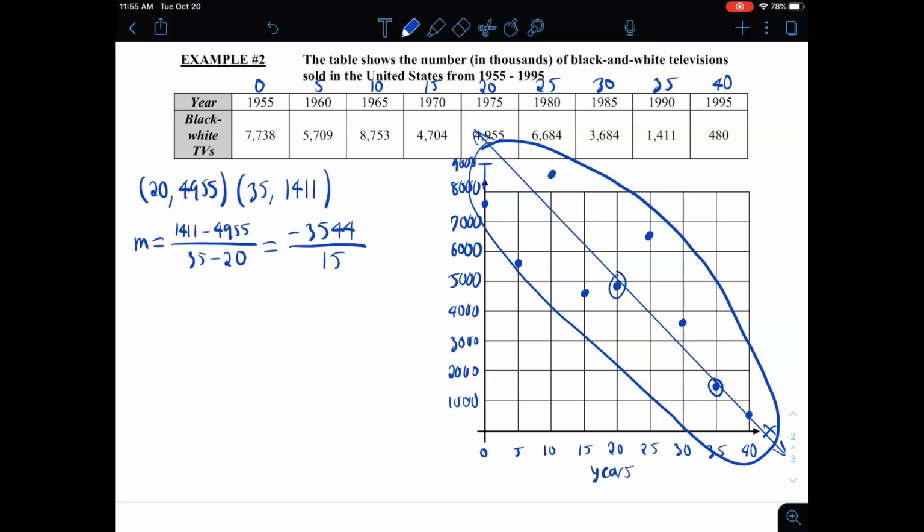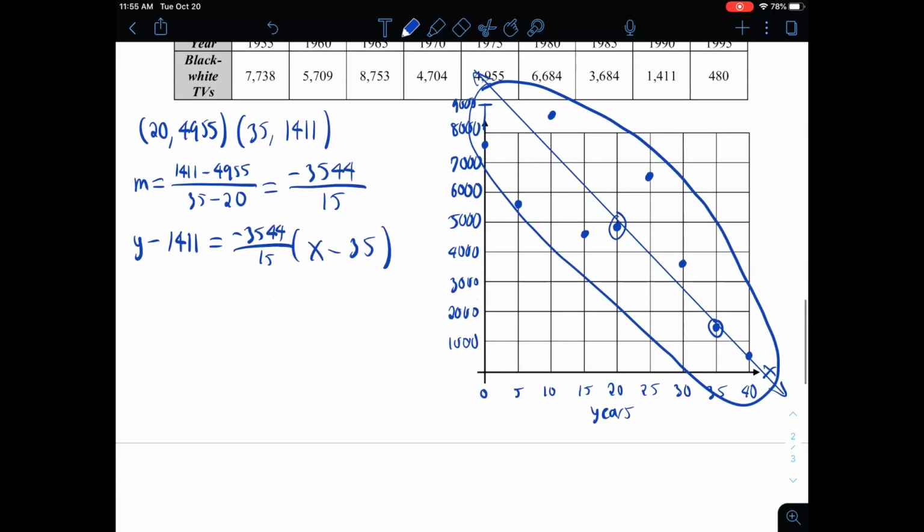Okay, now we're going to plug into the point-slope form. So we've got y minus y1, so 1411. I'm going to use the second point, equals m, which is negative 3544 over 15, times (x minus x1), which is 35. Distribute. So we get y minus 1411 equals negative 3544 over 15 x,